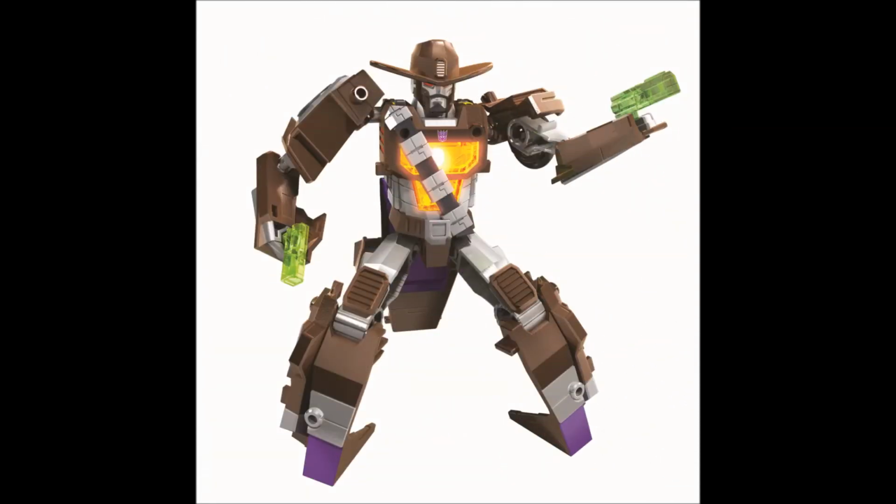So on to Transformers Cyberverse. Now there were a bunch of figures that were revealed that I'm not going to go over all of them, but I will go over the ones I thought were the most interesting. This one,